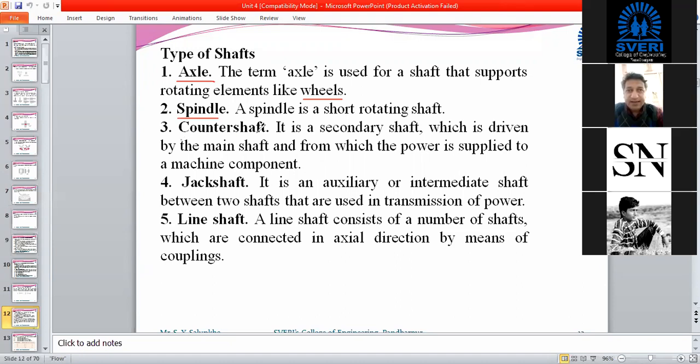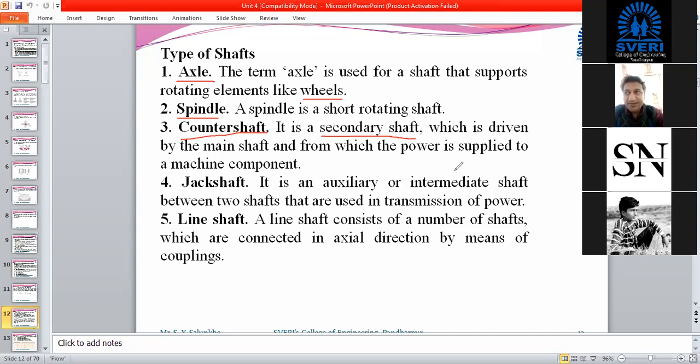Then counter shafts. A counter shaft is a secondary shaft which is driven by the main shaft and through which power is supplied to the machine component. That means a counter shaft is not run directly by the prime mover, nor does it directly supply power to the required application.